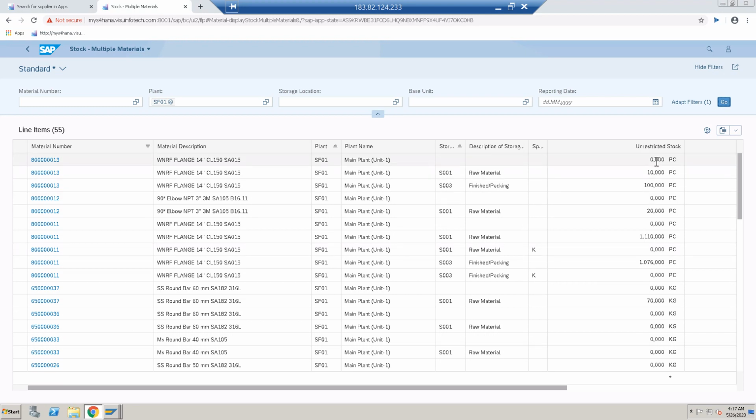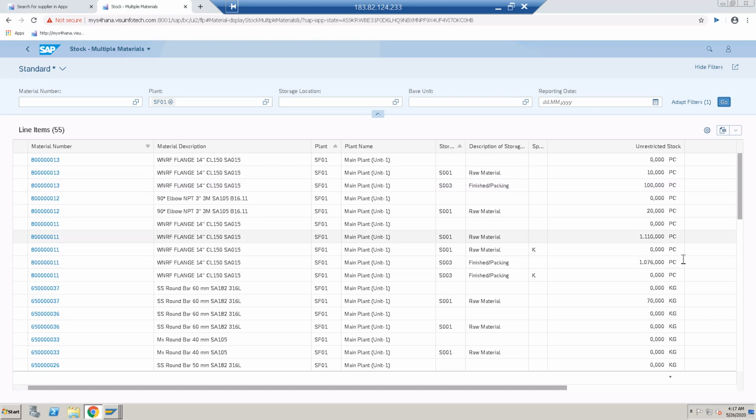First material doesn't have stock, second material has stock, and for this material we can see here which storage locations it is available in, whether it is the raw material storage location or the finished goods storage location.